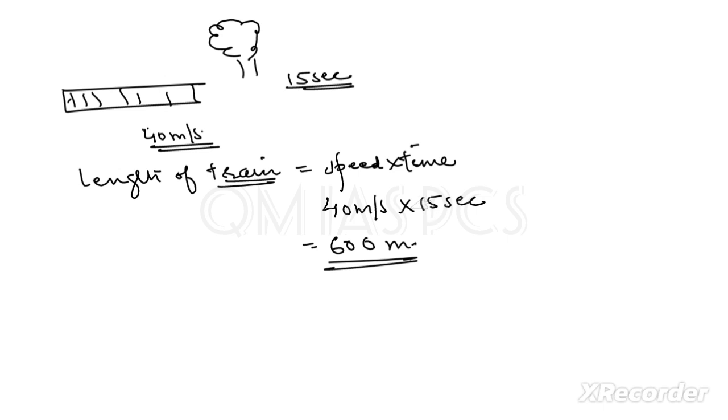Got it? Sometimes in place of that tree, a person or some pole will be given. So we have to write in the same way. Is it clear? Now the next thing is about boat and stream. Okay, so we have already discussed boat and stream in that wind topic. So what we are saying, there is a boat given, and that stream, or you can say river,